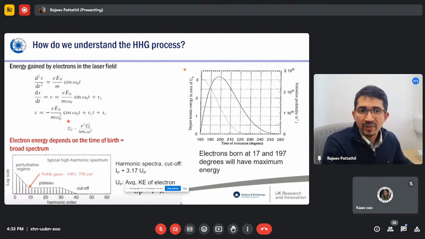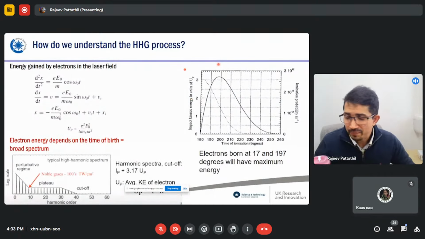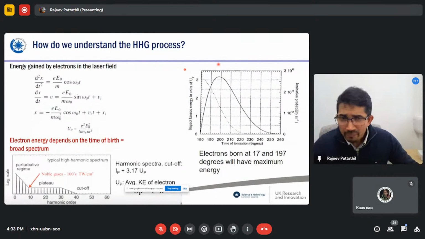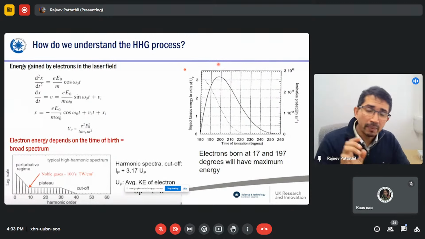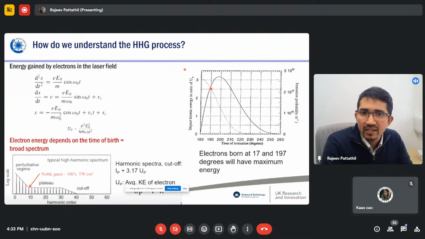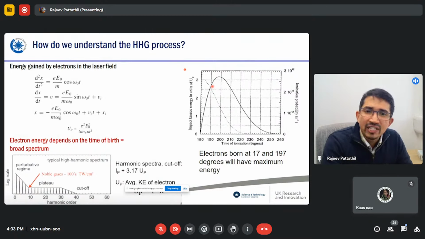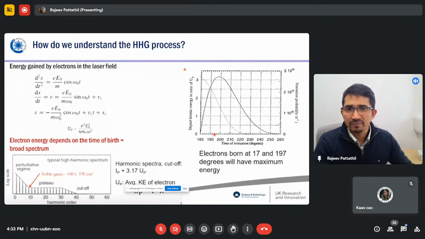It gains a certain energy, what we call the ponderomotive energy, and the key insight in that paper was that, depending on the time of birth of the electron, depending on at what point of the cycle the electron got born, the energy that the electron gets will be different. And Paul argued that the maximum that you can get will be in the quarter of the cycle,